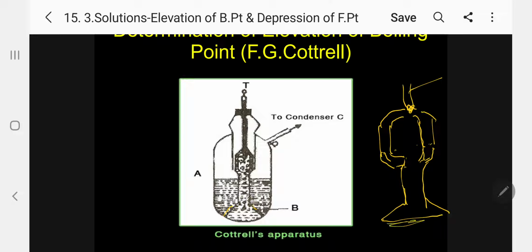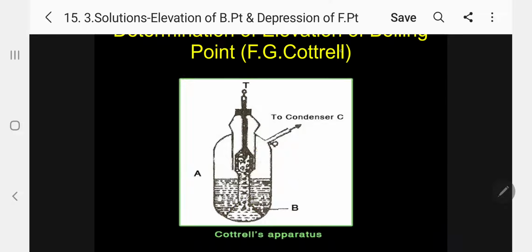When you are boiling a solvent or solution, the vapors will go inside through these two and touch the thermometer. So it will give accurately the temperature of the pure solvent or solution. This is the special apparatus used by F. G. Cottrell. Kindly follow. It is connected to a condenser so that vapor will not escape and will come back again. When it is coming back, it is cooled, so it should not touch the thermometer. So this is the sheath. This is the inverted funnel. So let me come back now.